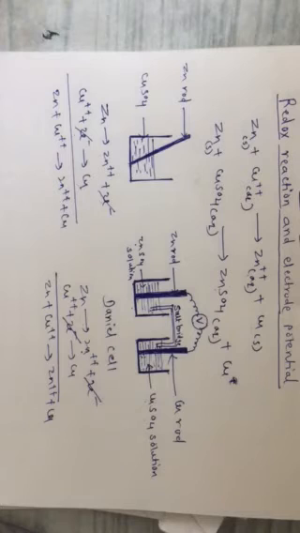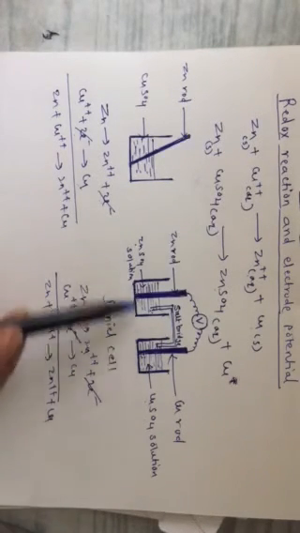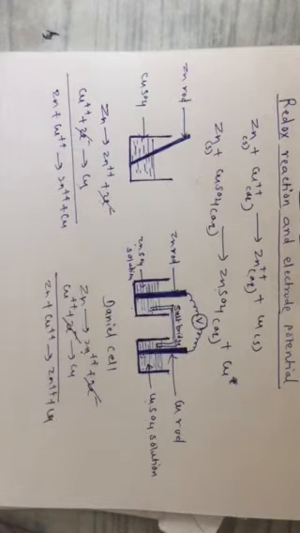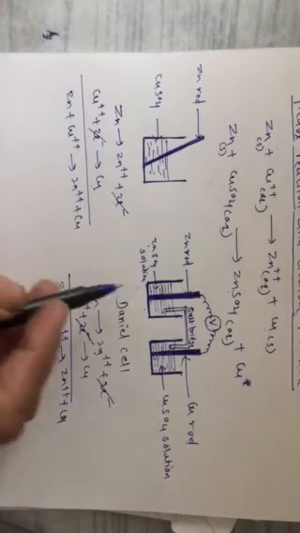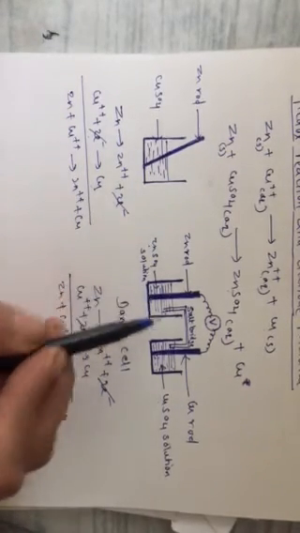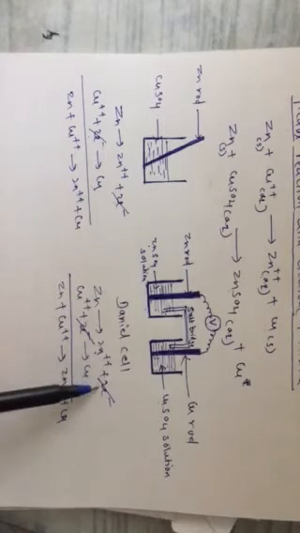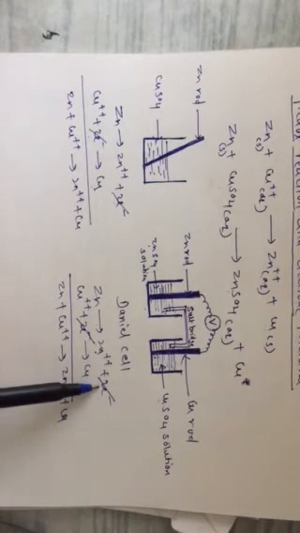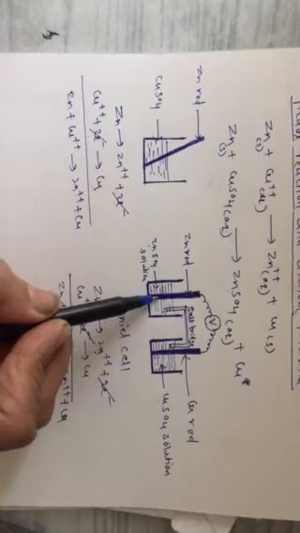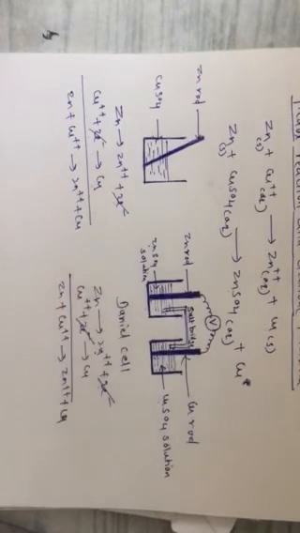In each half cell, potential is developed. Means what? Positive and negative charge separation is there in both the half cells. See, in the zinc half cell, which reaction is going to take place? Zn gives Zn2+ plus 2e−, isn't it? So Zn2+ ions from the rod will enter the solution.